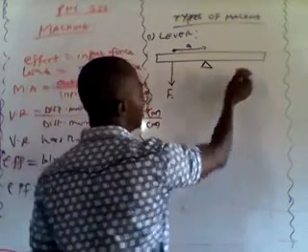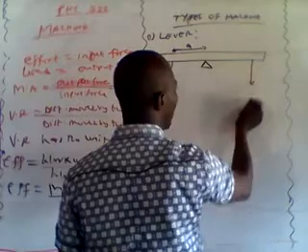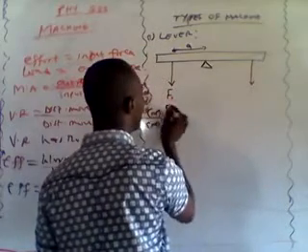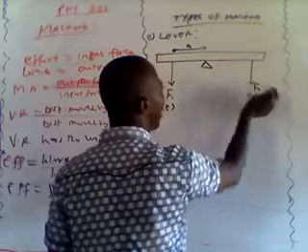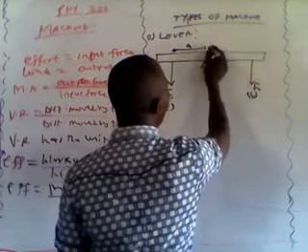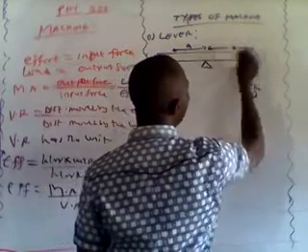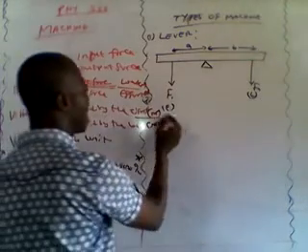Then we have another force here, which we can call the load, or F2, and the distance of this second load from the pivot is B. Using the principle of moment, we have that